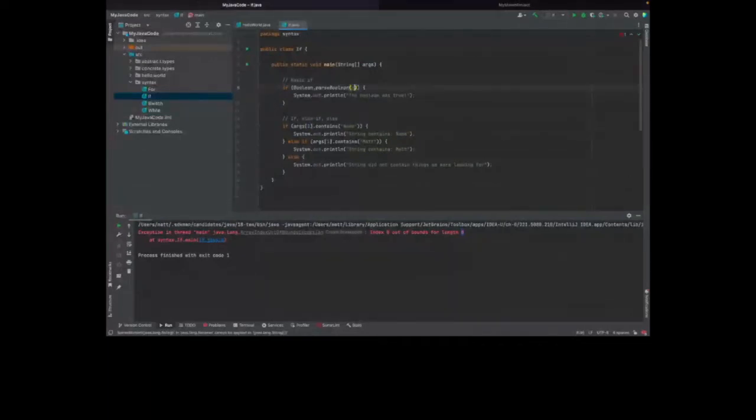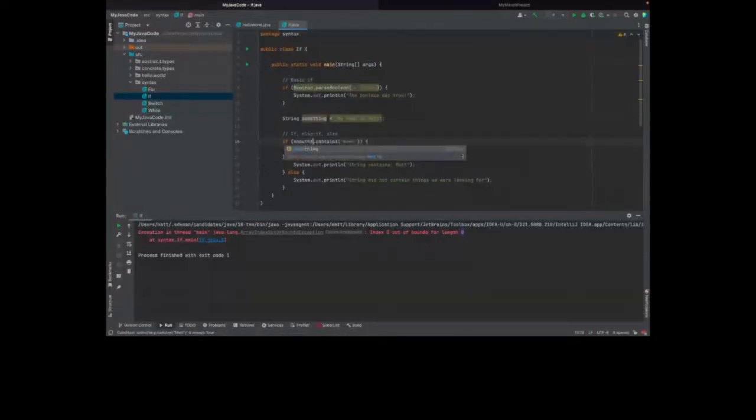So if I instead change this to say true, and I create a new variable called something equals my name is Matt, and I edit this to say something, and then I rerun this, we can see that the Boolean was true, because parsing this string of true into a Boolean meant that was true.